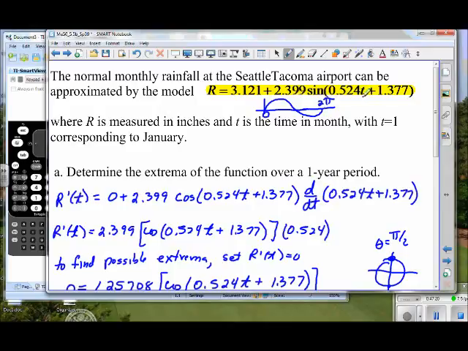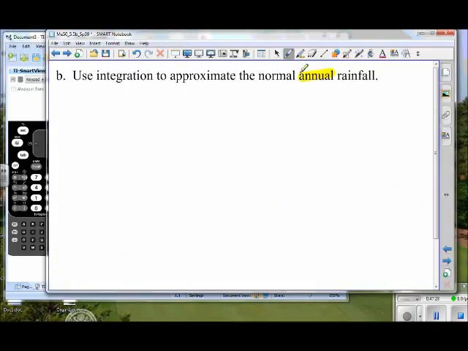T3, T4, January through December, and then we would have to add them up to come up with the normal annual rainfall. Not an impossible task. We can do that. But can we use our integration to do this? Well, if we're going to integrate, we're going to integrate from, let's say, 0 to 12. And we're going to integrate for our function, dt. This is going to be the integration from 0 to 12 of